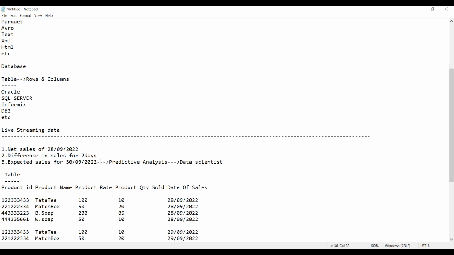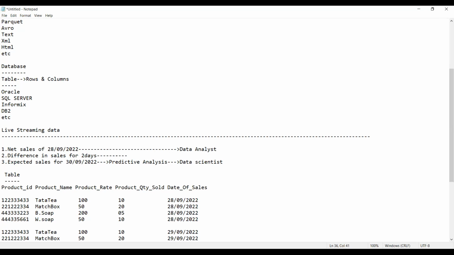And now who can find out the above two queries? These two queries, that is the net sales amount and the difference, can be calculated or presented by a person called data analyst. Getting my point, all of you?